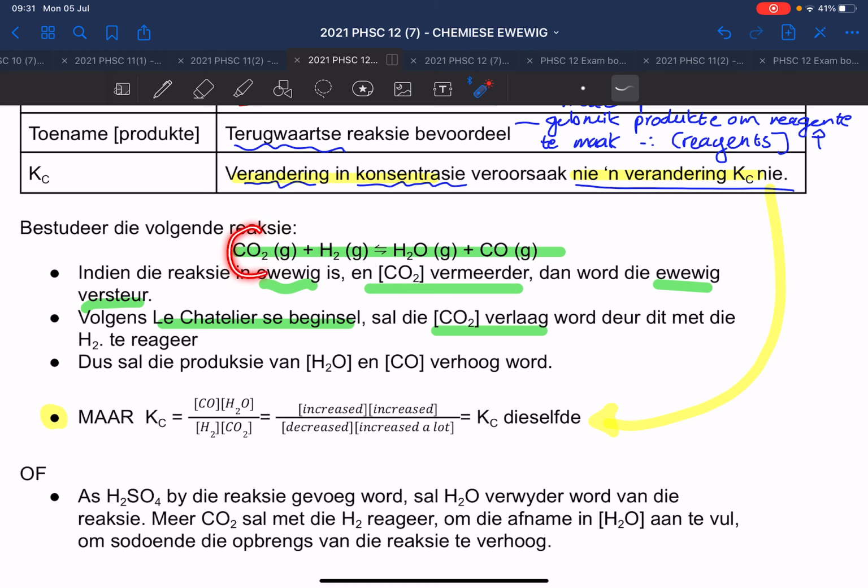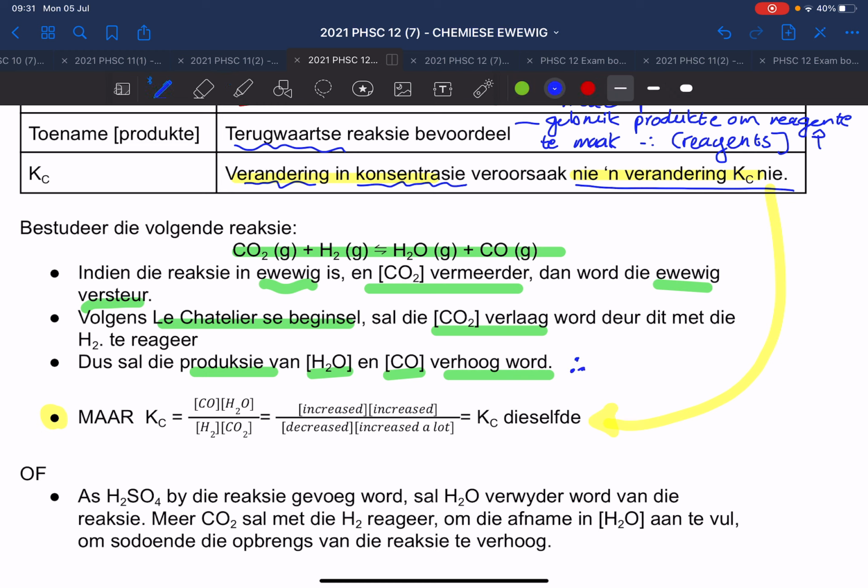Ons het meer gemaak, hy wil minder maak. Hoe doen hy dit? Deur dit met waterstof te laat reageer. So we added more of this, so nou gebruik hy daai meer, en hy reageer met waterstof om meer produkte te maak. Dis al die produksie, that's the production of water and carbon monoxide will increase,